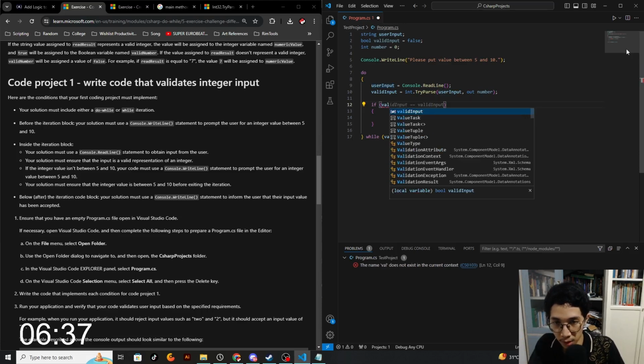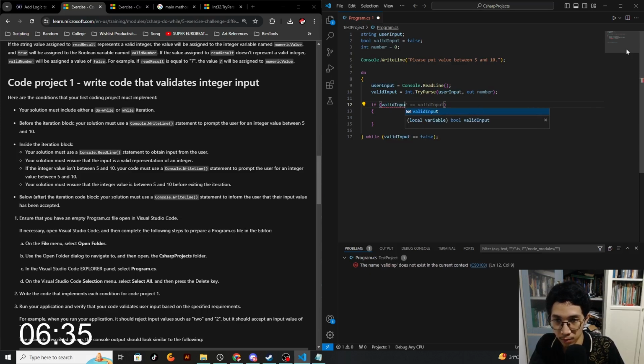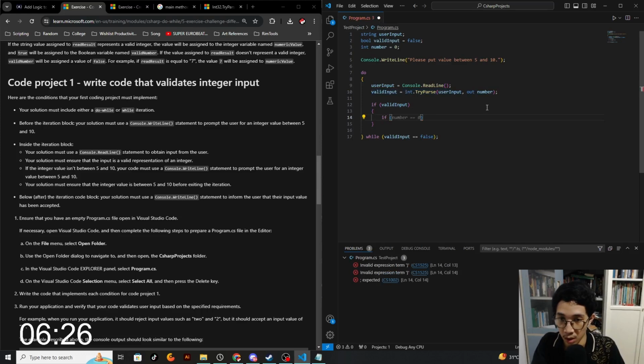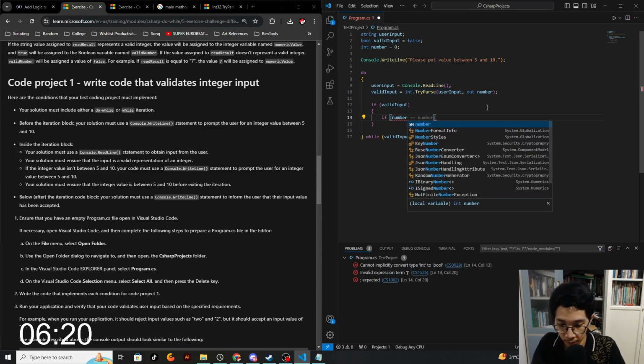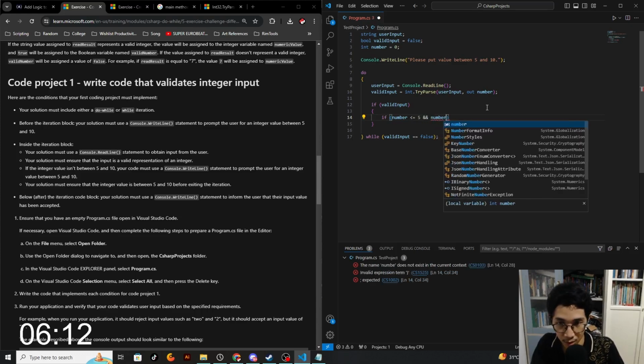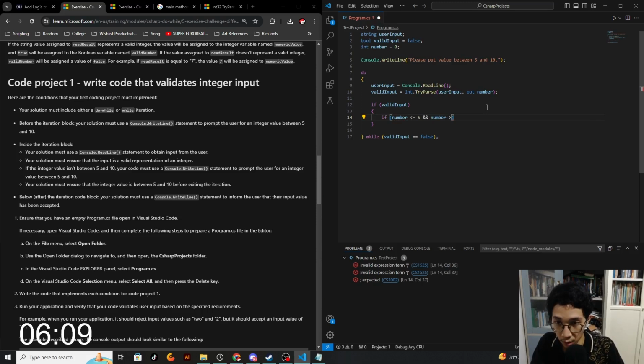Or probably just if valid input, if valid input is true, then we can continue to the next one, which is if number is less than or equal to 5, double ampersand, number is greater than or equal to 10, then what we're gonna do is